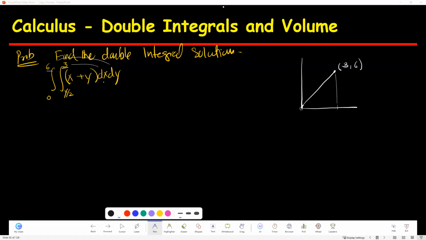And now let's start doing this problem and solving this. So I'm going to write the outer integral as is and try to solve the inner integral. And it's going to be half x squared plus xy. The limit is y by 2, 3, and then dy. If I substitute the limit, it's going to look like